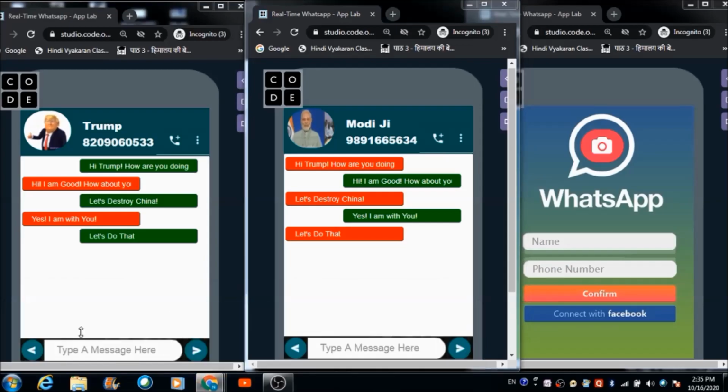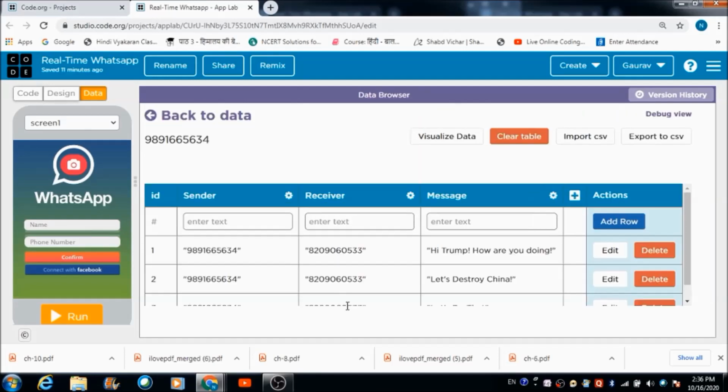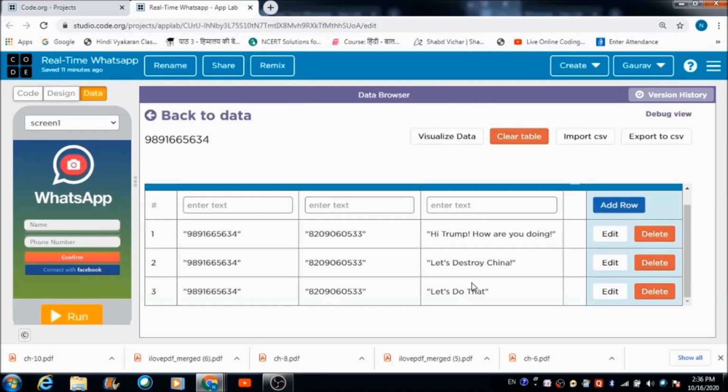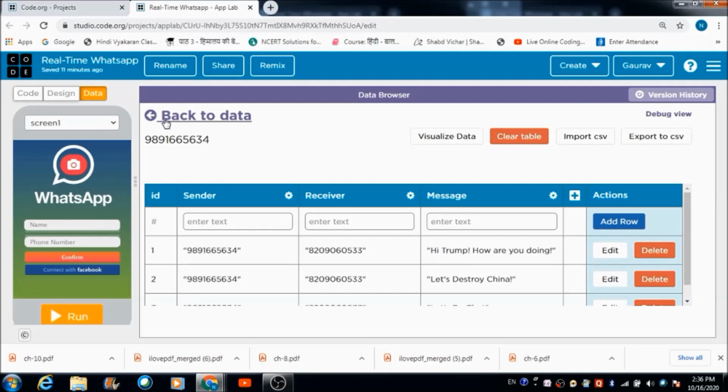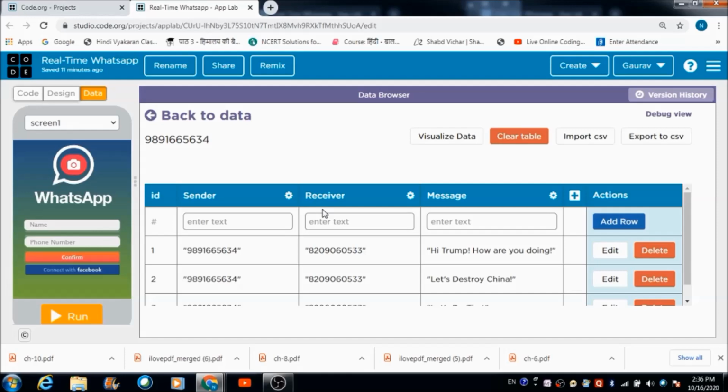Fine, so this is how the tables are going to get created automatically, and in these tables you will be able to see all the messages that the sender is going to send to the receiver.